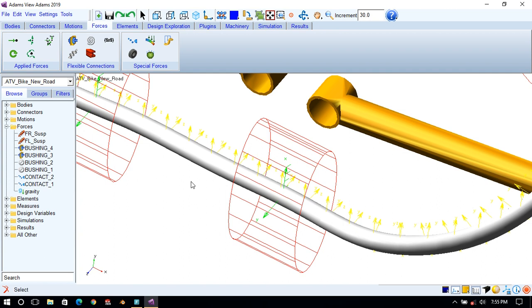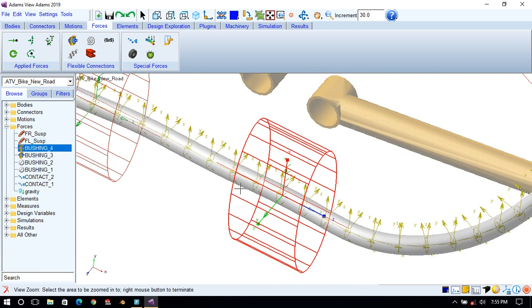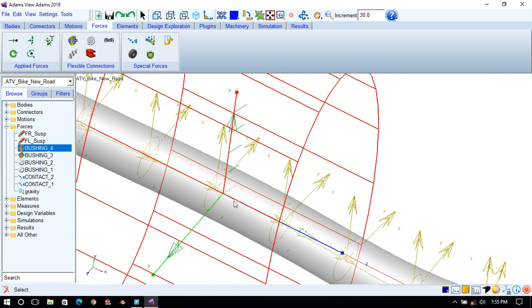If we zoom in a little, the z axis of the bushing is oriented along the axis or center line of the marker. So there should be torsional movement about this z axis.